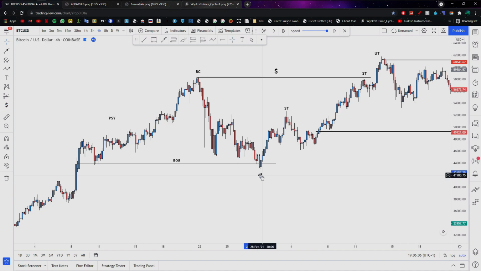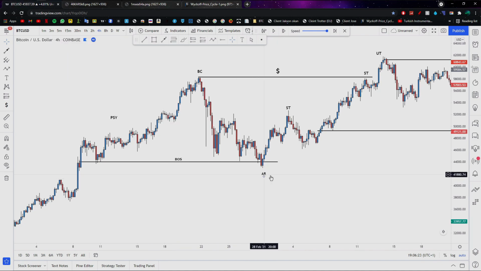Now, just a small side point with Wyckoff distribution is that you may not always see a strong automatic rally like this one where it breaks structure. That is not the end of the world. With Wyckoff distribution, you want to be more concerned about the highs rather than the lows at certain points of it. So, for example, here, you shouldn't be too concerned if your automatic rally doesn't break structure to the downside. But it's always a good thing, and you can see here we did have it break structure to the downside, which is a good thing.